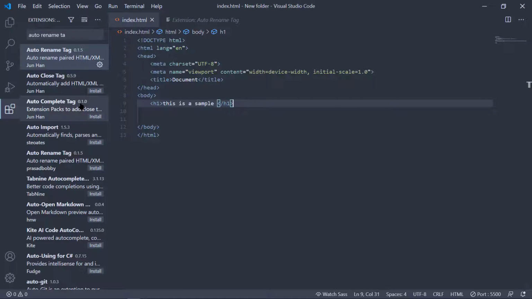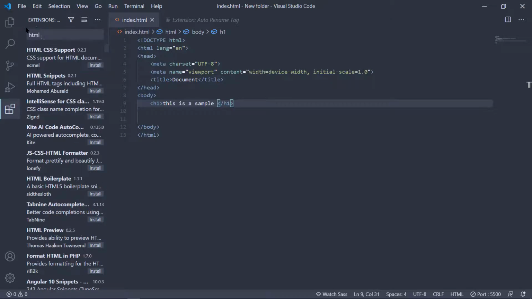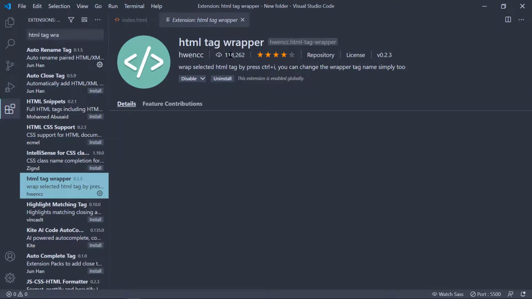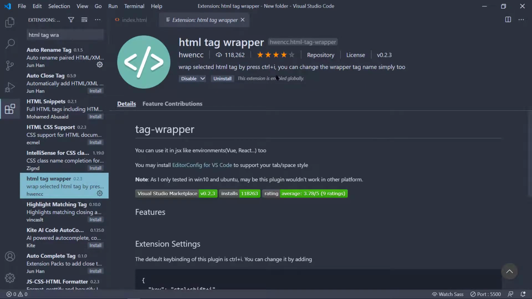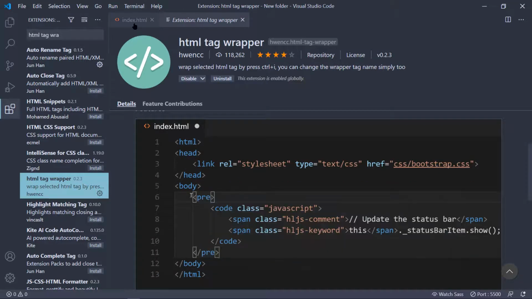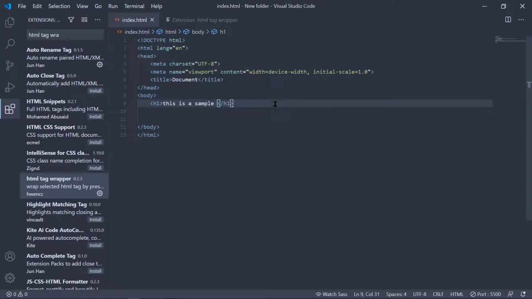The third extension I am going to show you is HTML Tag Wrapper. The name will be HTML Tag Wrapper. I think this one here, it has 18,000 downloads. So it actually helps us to wrap HTML elements or some code.